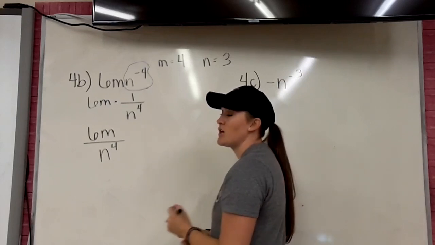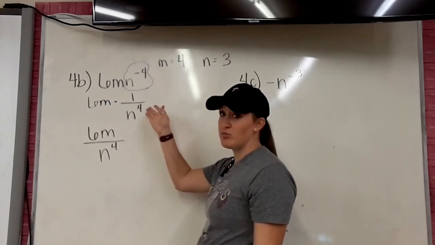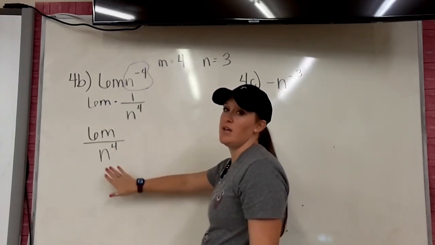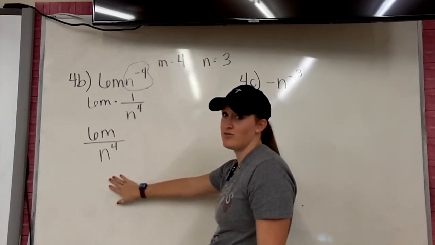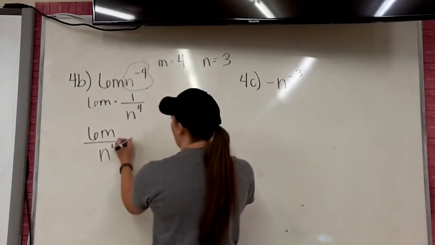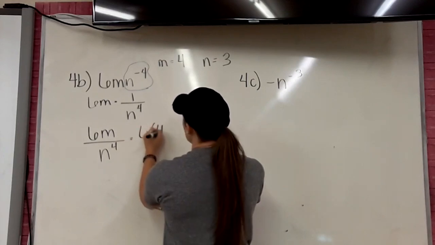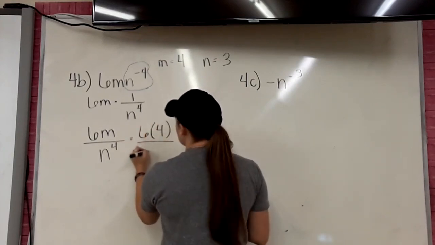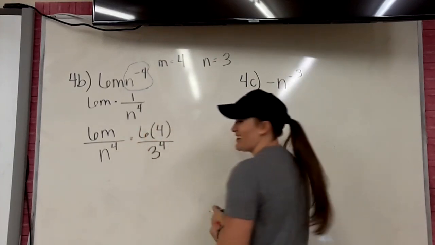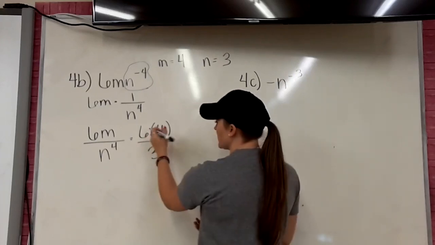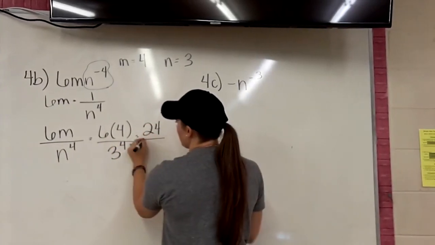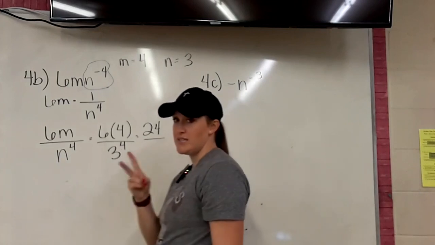So we could have gone ahead and plugged in. I normally like you to plug in first, but I just wanted to show you it's a little easier to rewrite it first before we plug numbers in. So I have 6 times m, which is 4, n is 3. Still got to the 4th power. So now I can solve. 6 times 4 is 24. 3 to the 4th power. Well, 3 times 3,